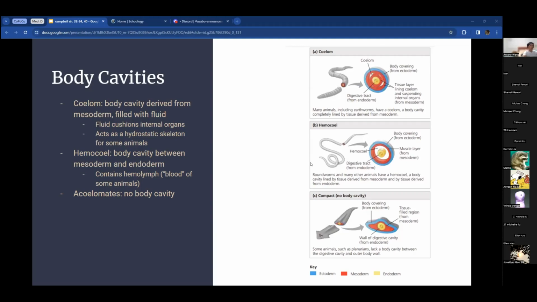The interesting thing about the hemocoel is that it's filled not with just interstitial fluid. It specifically contains hemolymph. And I think it's worth getting into what hemolymph is. Let me first describe what we have. Humans and other mammals, and not just mammals, have separate circulatory and interstitial fluids. What that means is our blood,